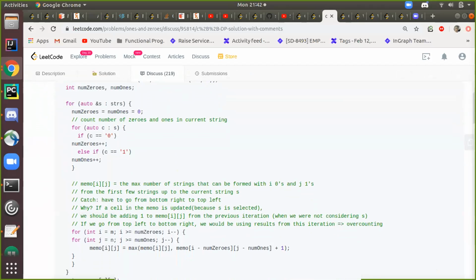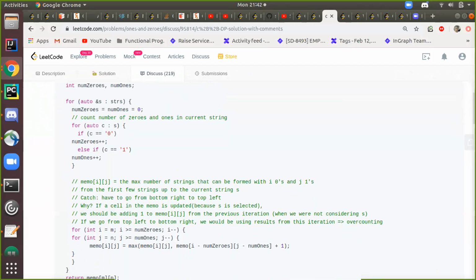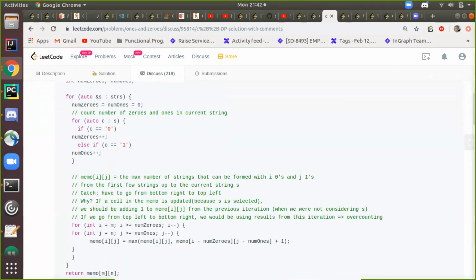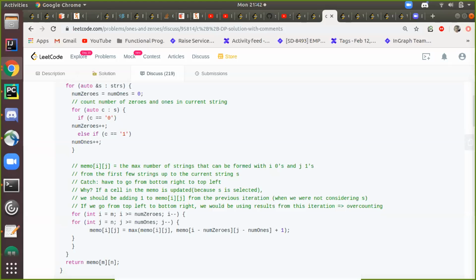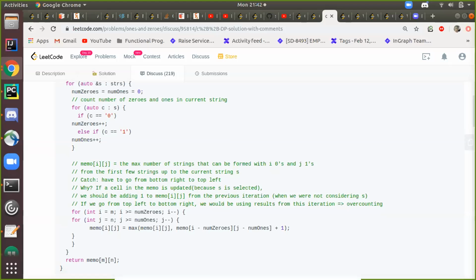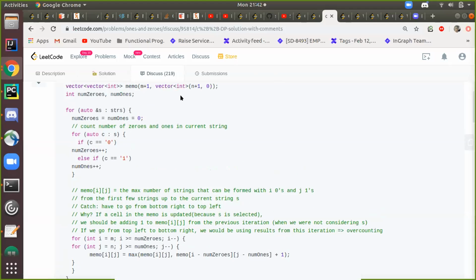Is it linear? They are doing it in MN. I'm not sure how they are getting it. It's mn multiplied by n, right? Because we have that loop. No, it's not M and N, it is L also, right? He's taken the strings also into account. Yeah, they are the same. Okay, sorry. Yeah, this thing.